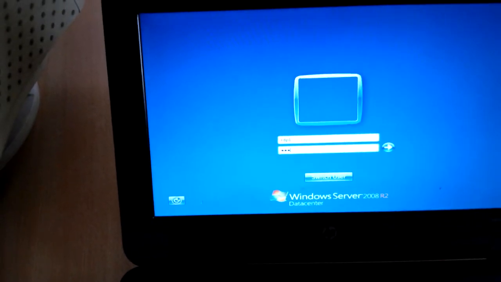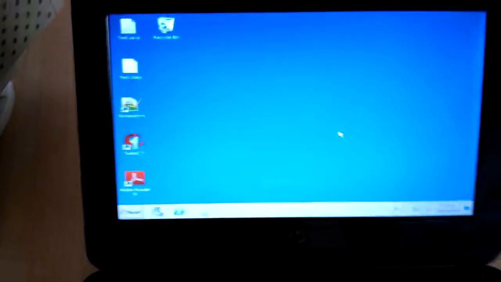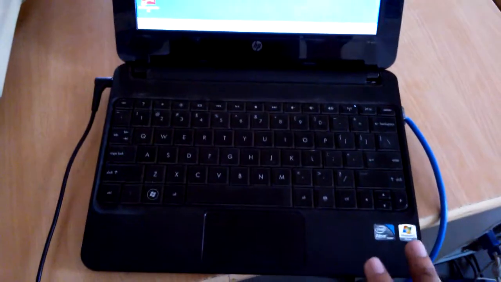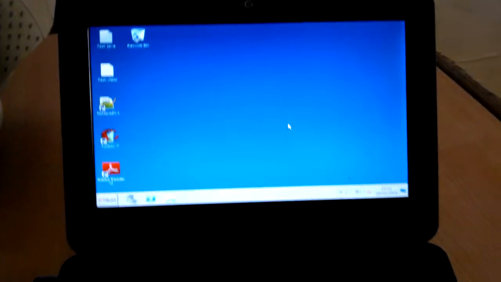Okay, so here we are. Let's select other user and I'll give the username and password. Let's log in. Okay, so here's another interface. It's actually booting over the net, so even if I disconnect the hard disk from this terminal, it will still work. So this is, you can say, a thin client of sorts. It's actually using the thin station server to boot from.